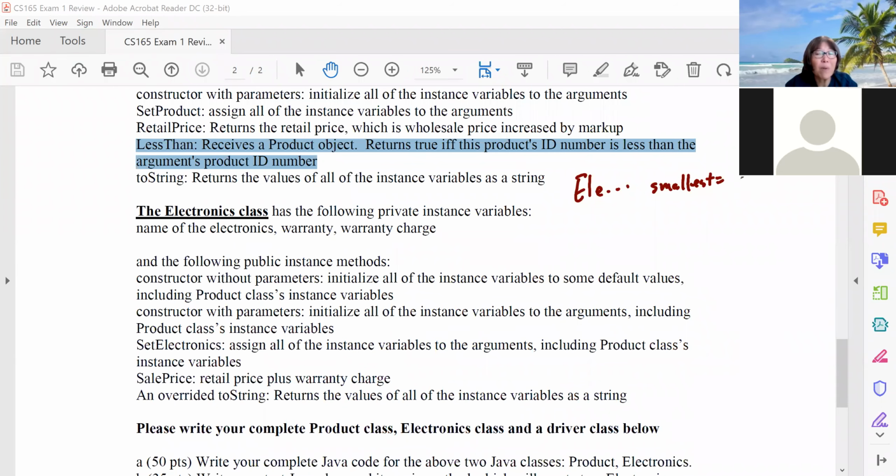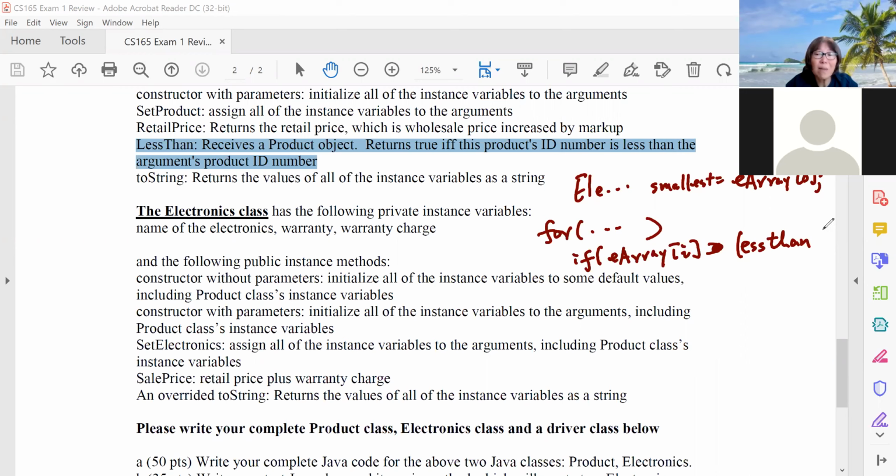Make it the first one, E array sub-0. Then you can use a for loop and compare. So for E array sub i, you call this less than,